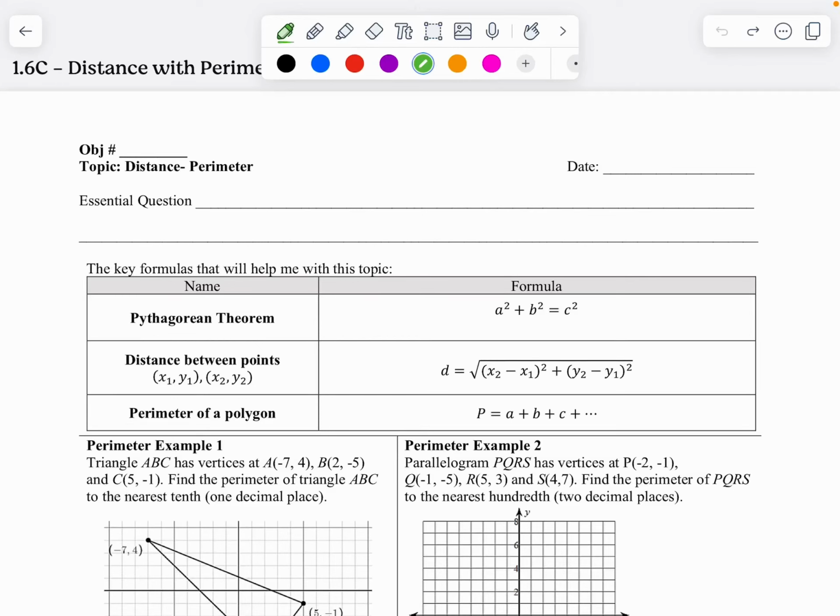Finding the perimeter of polygons using the distance formula. So to start,